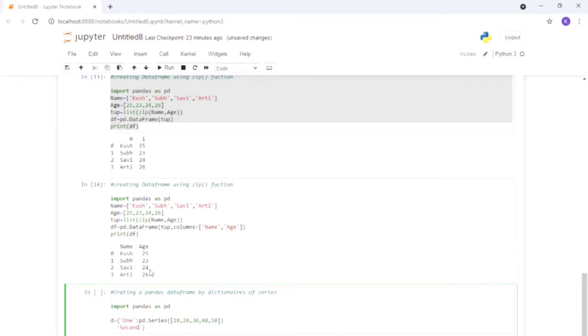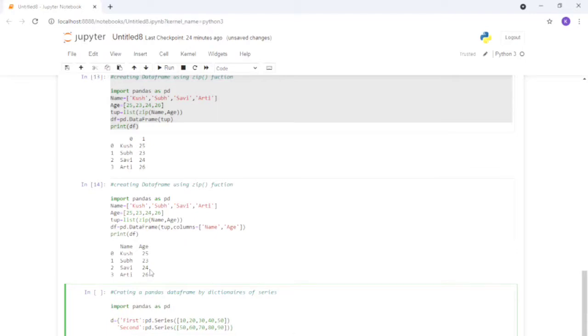I'm just using second. Yes, we have to change this name first. First, then second, we go with the same sequence and define the series. Once we define the series, it will look like that. Clear? Again I'm using 60, 70, 80 and 90. Whatever value you give, you will get the result accordingly.